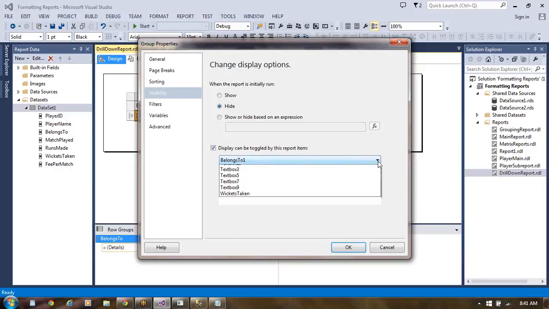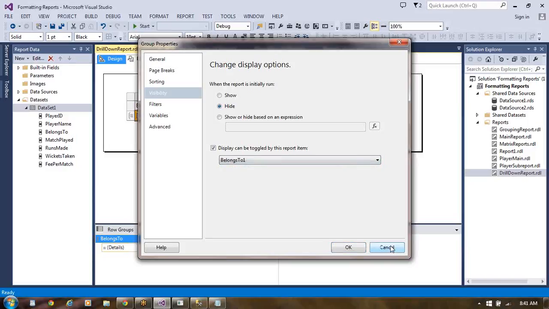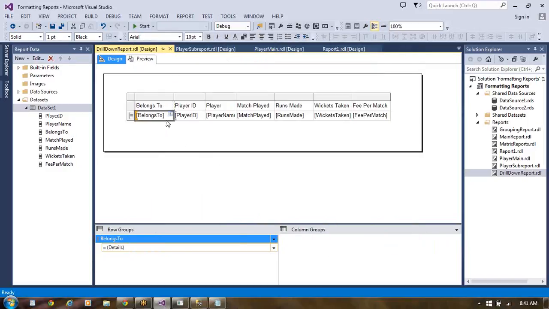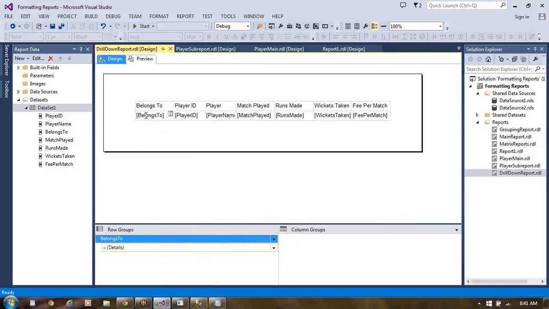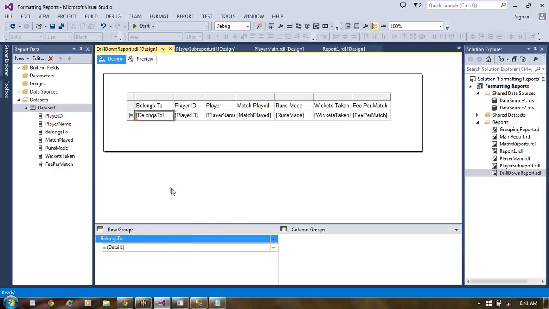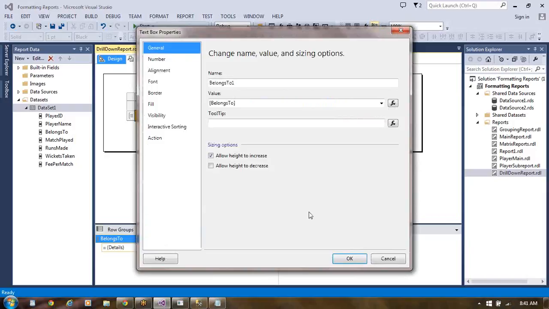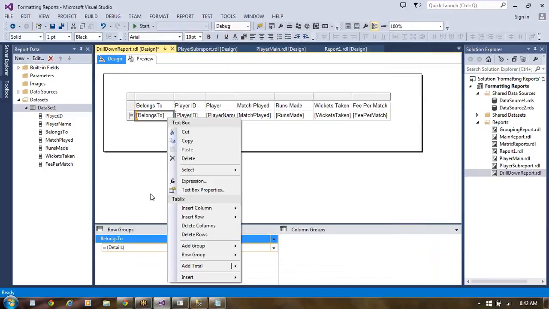Whenever we look into this here, fine. Cancel. What property is this exactly? So this is the text box properties. Let us take the text box property. The name is belongs to 1, which we have in this. This is basically the text box property.